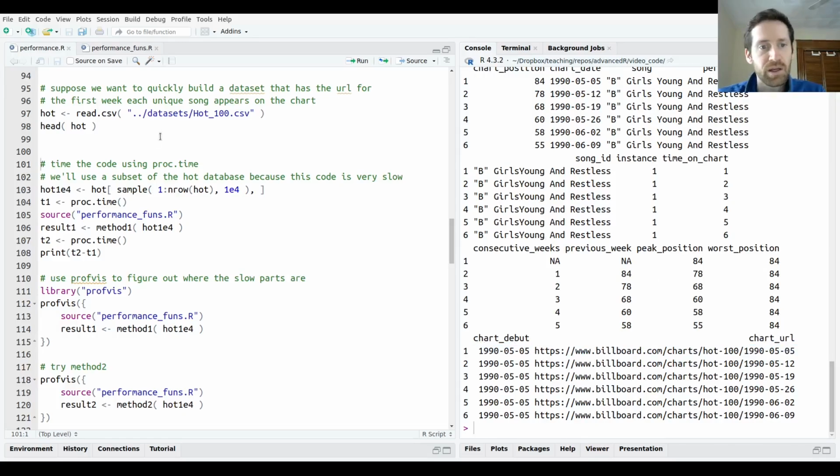So the task here is we're going to quickly build a data set that has the URL for the first week each unique song appears on the chart. So basically, it's going to have a list of the unique songs, and then for each one, we're going to save the URL for the first time it appeared on the chart. Okay, so